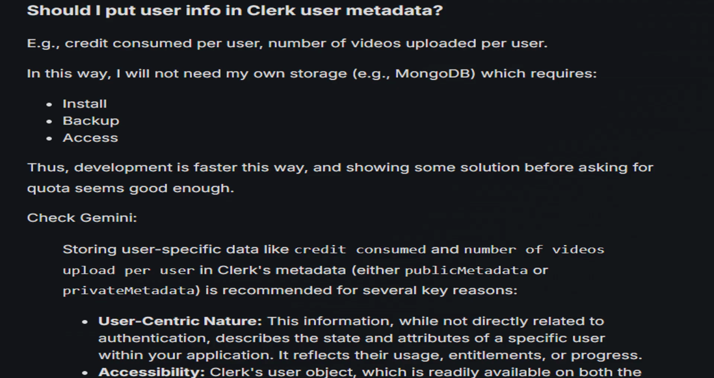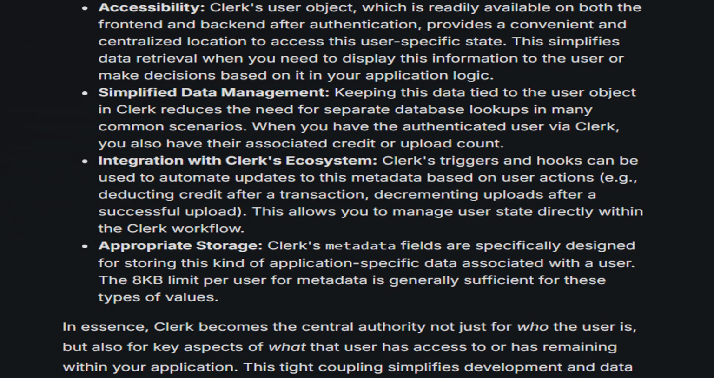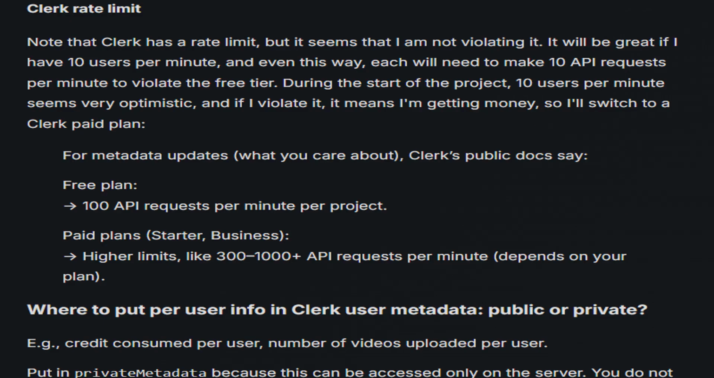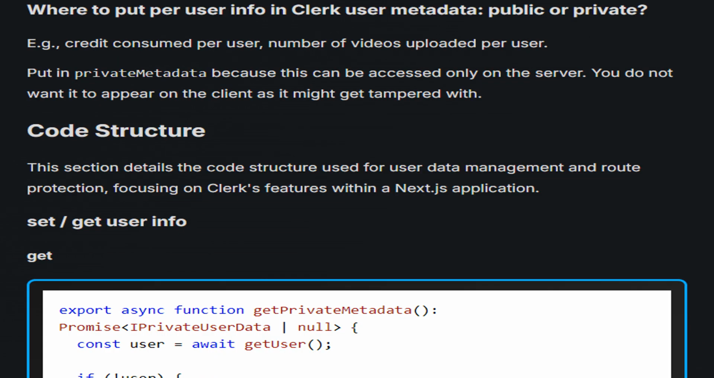There is a strategic advantage to storing user information like credits and uploaded videos within Clerk's metadata, expediting development and reducing the requirement for separate storage systems. Storing user-specific information within Clerk's metadata centralizes access to user states and simplifies back-end operations, negating the necessity for additional database calls. The metadata storage in Clerk has defined limits and is adequately positioned to manage user data for this application without exceeding thresholds, making it a suitable choice for efficiency. User-specific information like consumed credits and uploaded video count should be kept in private metadata, ensuring sensitive data remains protected